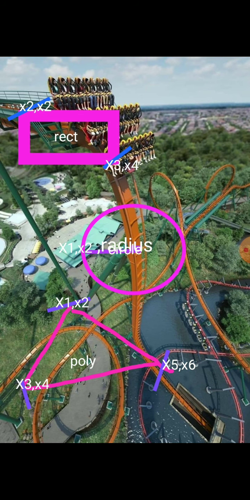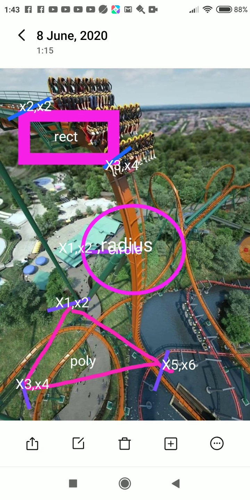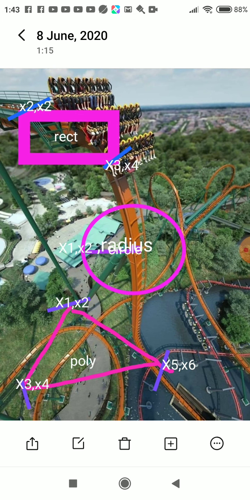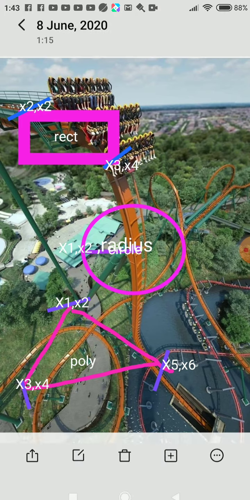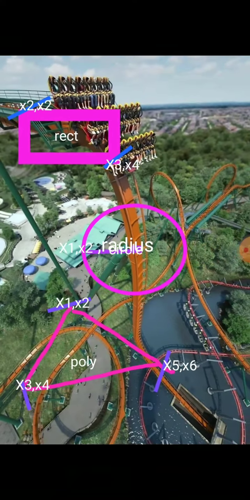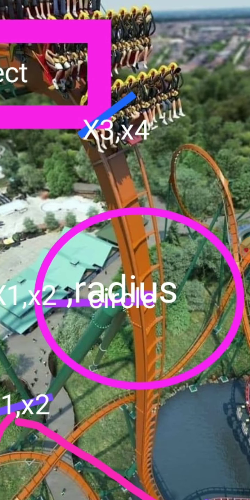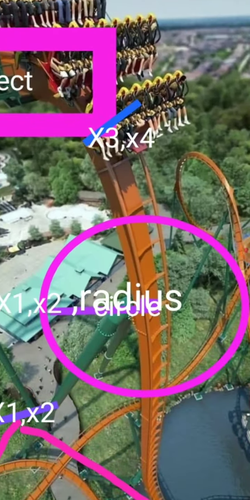then make a rectangle. For the rectangle, here I had written x2 x2 on the top left, it is actually x1 y1, and the bottom is x2 y2.